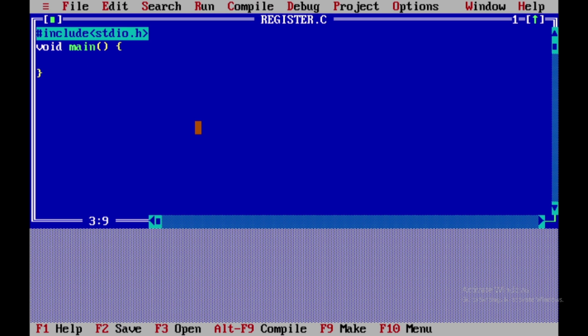And if we store that value in our hard disk or any other storage, then it will take a lot of time to fetch that value and to store that value, right? We need to use that value again and again. So these kinds of values we store in a register. That is the reason we use register as a storage specifier.